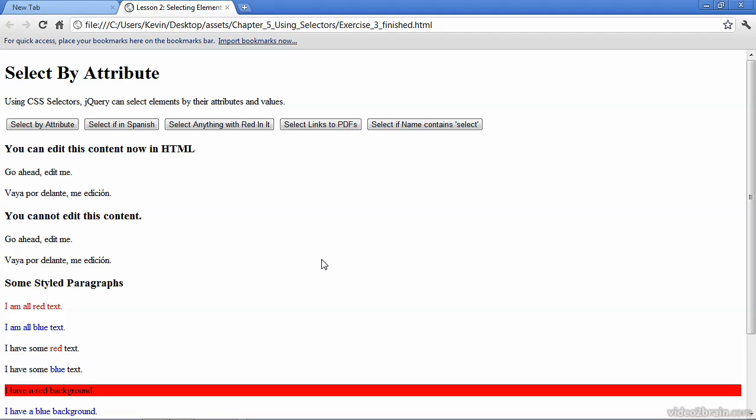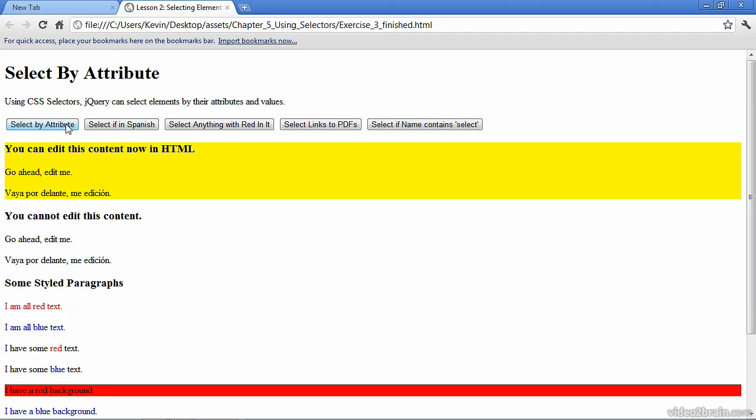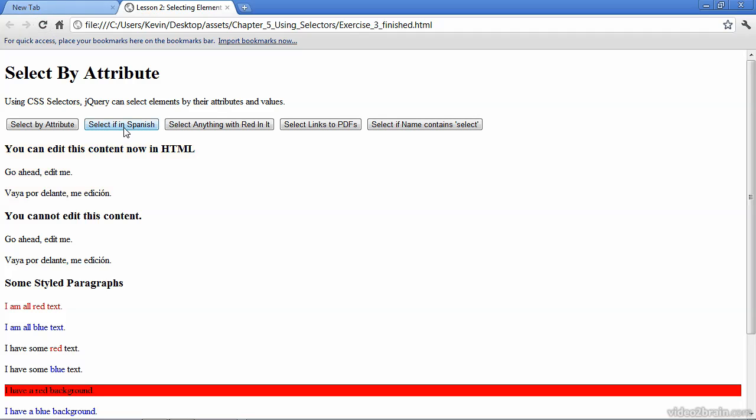In this video, we'll examine how to select elements based on their attributes. I've opened the finished file so you can see the end result of our exercise. I'll begin with the button Selecting by Attribute, and you'll see that these elements were selected because they contain a specific attribute. I'll refresh the page to show you a selection based on the language, in this case, the language